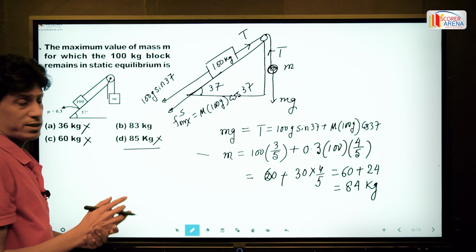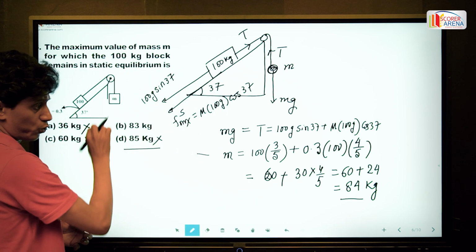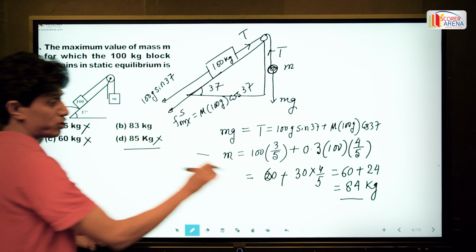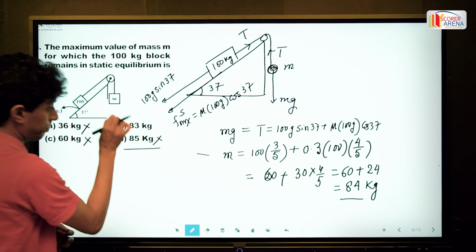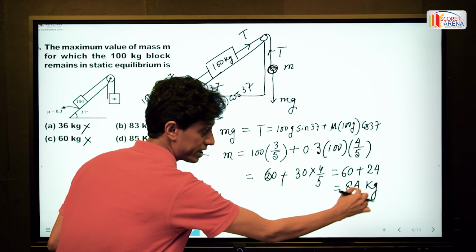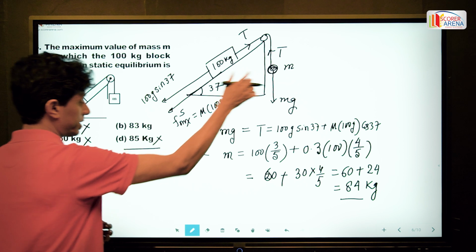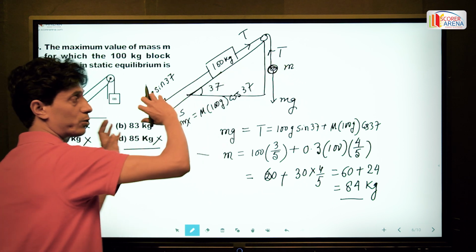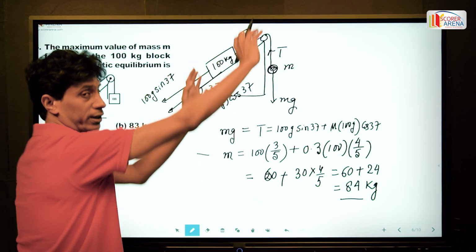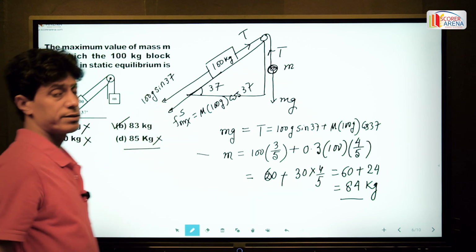So the maximum mass, since it is 84, but there is no such answer here, the answer here is 83 kg and our calculation gives 84 kg. We cannot put 85 kg here because if we put 85 kg the total system starts moving. So the right option here is B. So next,